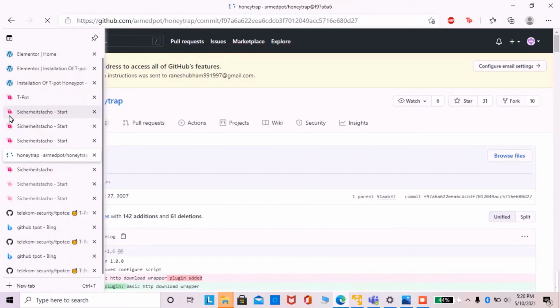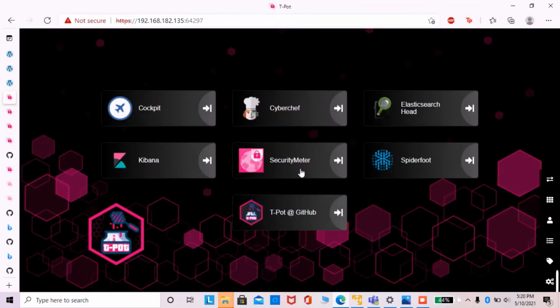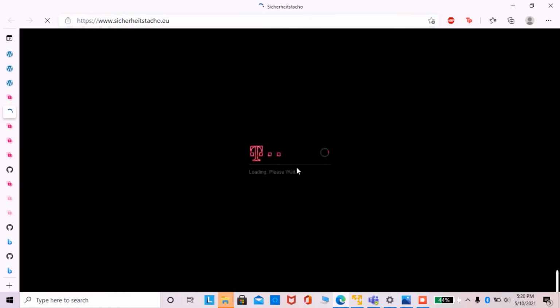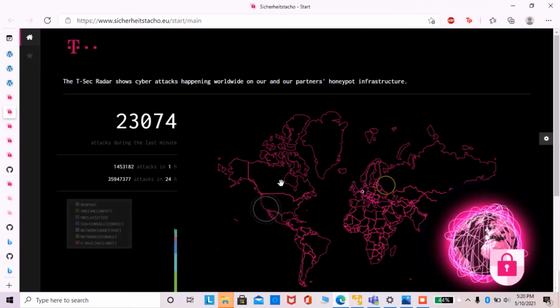For example, this is our T-Pot desktop. Here in the security meter, we can find the attacks happening all over the world. So let's start.